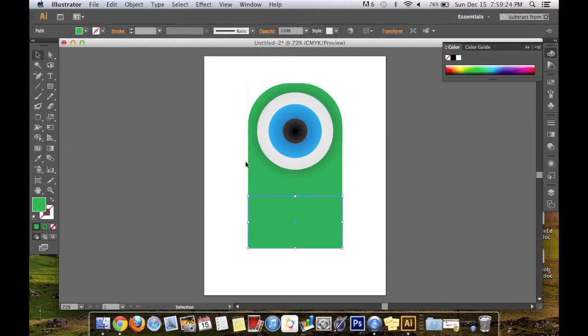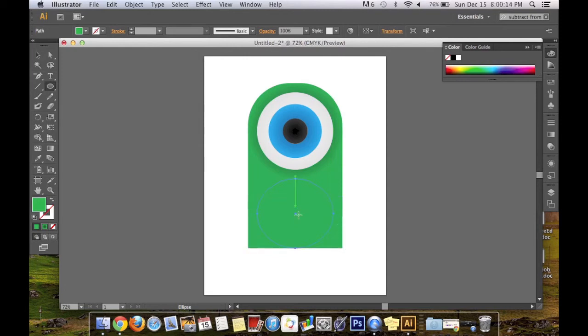There. Now next, we will be making his mouth. So we need to go back up to this, go to the ellipse tool, and then create an ellipse that lines up with his mouth. I guess you can make the mouth whatever size you want, but I'm creating one that lines up with his mouth,